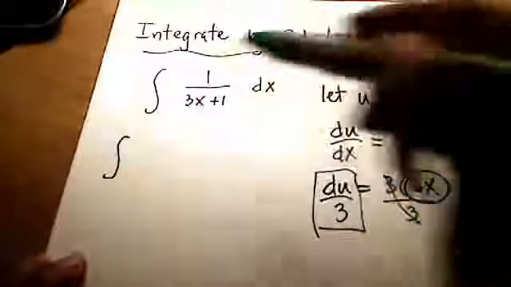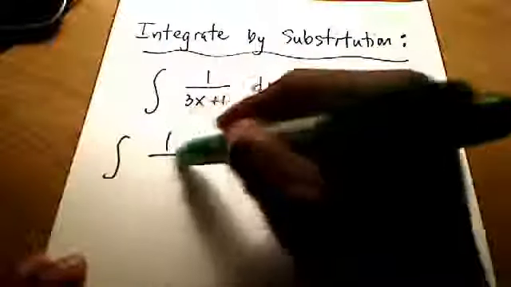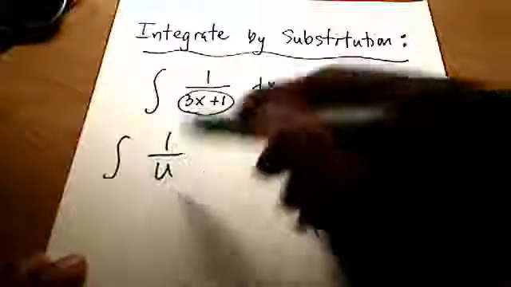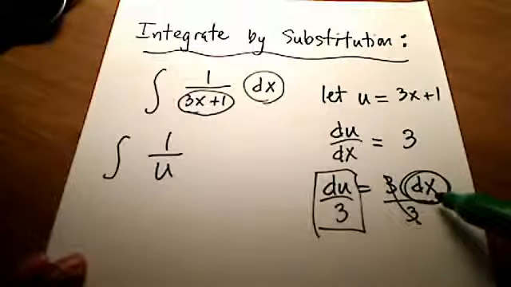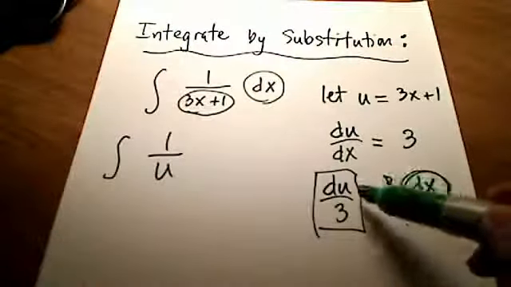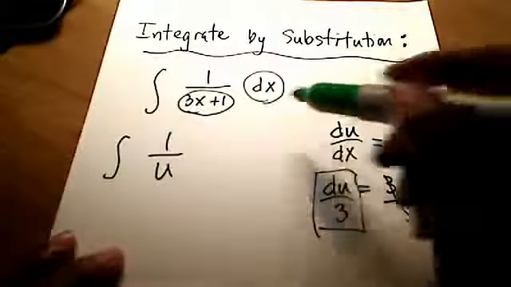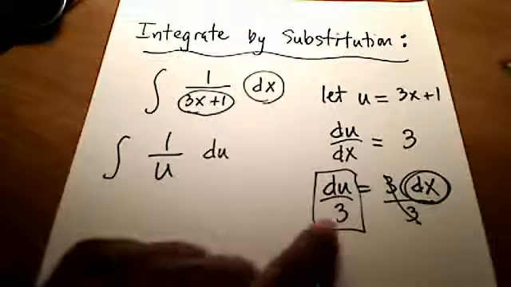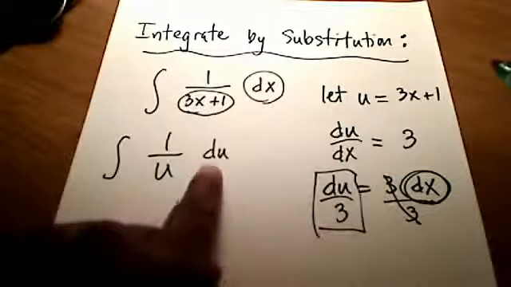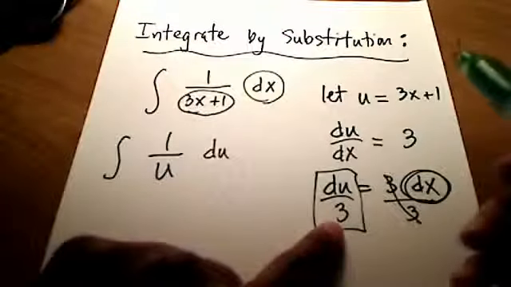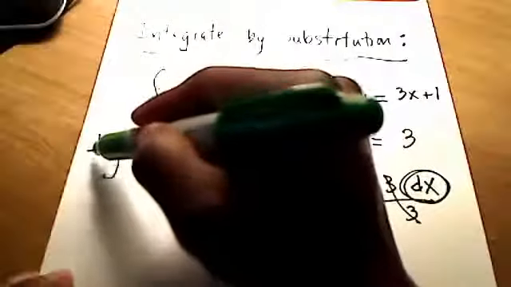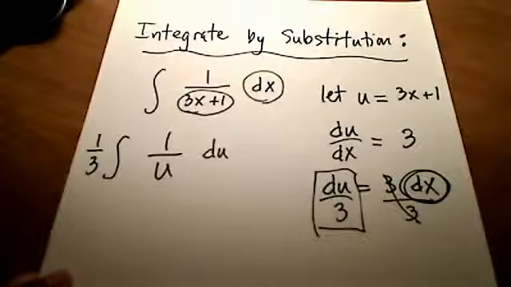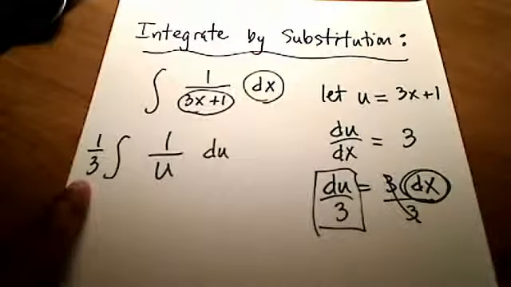So let's rewrite our original integrand. I've got an integral of 1 over u, so the denominator is replaced with u. And in place of dx, we're substituting in du over 3. Now watch how I do this. Here's my du, but instead of putting it over 3, this 3 in the denominator is really just a constant. So I'm going to move it all the way out of the integral altogether and stick it out front. It's just a constant anyway.